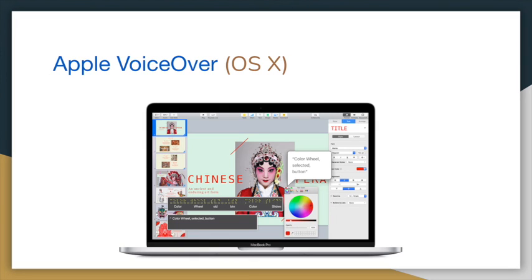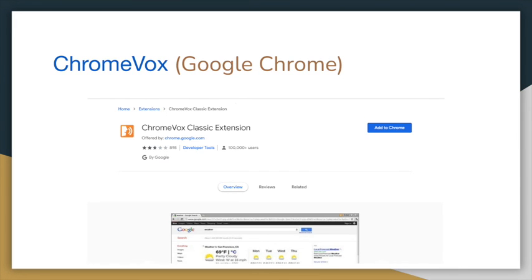It will allow you to magnify your screen, read text, and navigate by use of your keyboard instead of your mouse. ChromeVox is a Google Chrome extension made by Google that will read text from your screen directly from under your cursor. A main issue with this is that while it is useful, it cannot be disabled without being uninstalled.